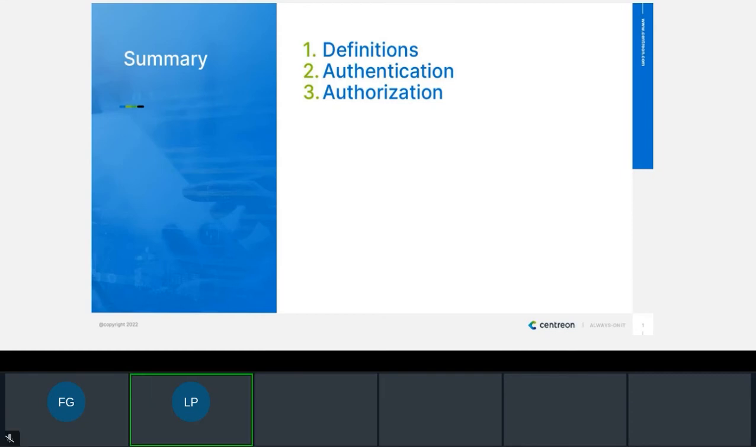Thank you, Fabrice. Hi, everybody. Today we will discuss authentication and authorization in Centreon. So let's start with